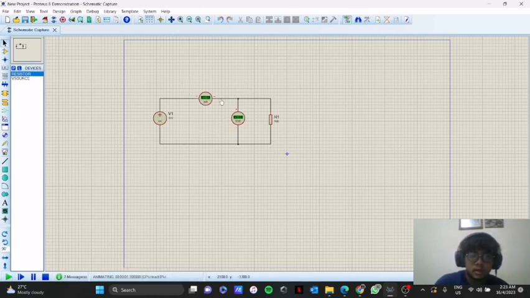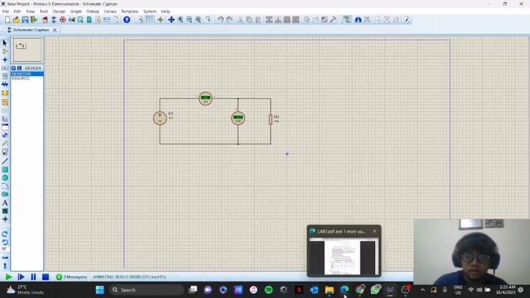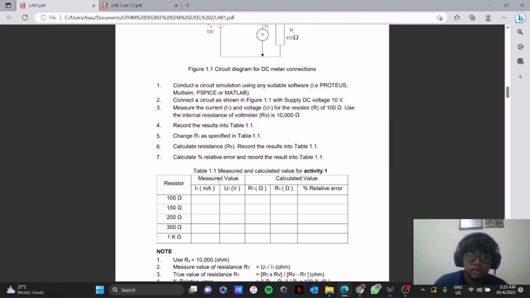For now we can see the values of the ammeter and the voltmeter. We must change the ammeter to the milliampere value. Then we take the values of the milliampere and the voltmeter, and we write them in the measured value of current and voltage. And then we